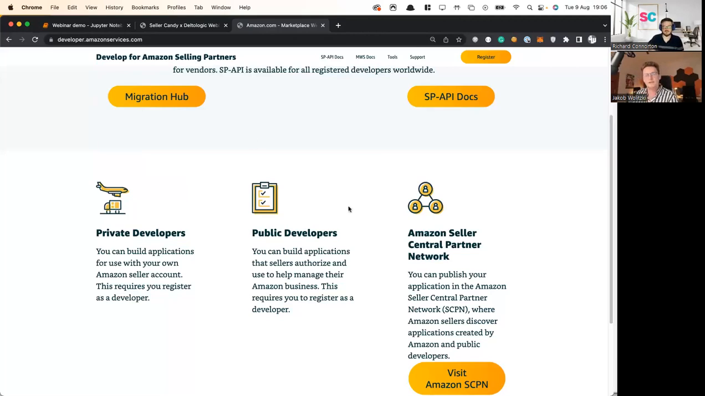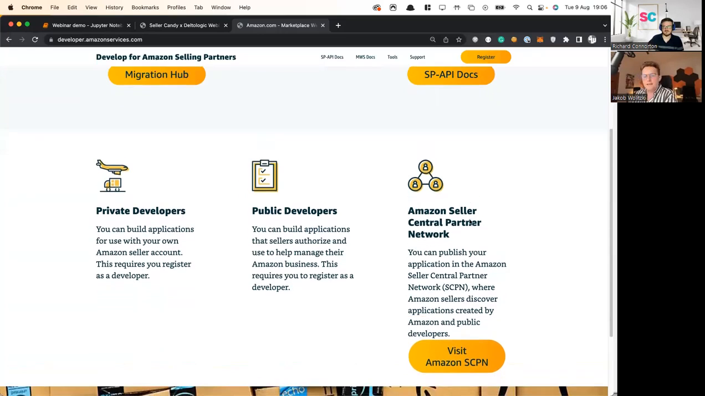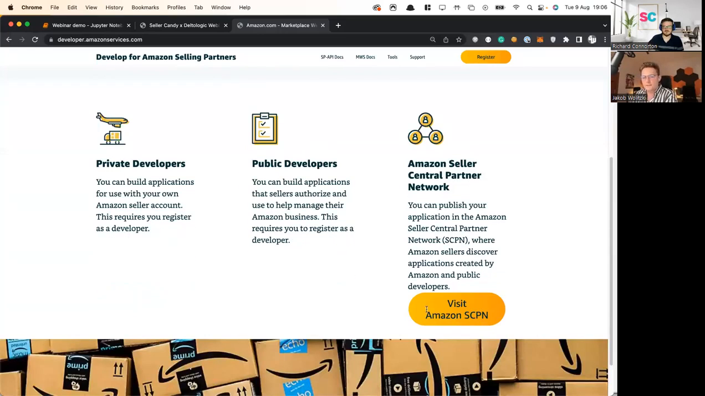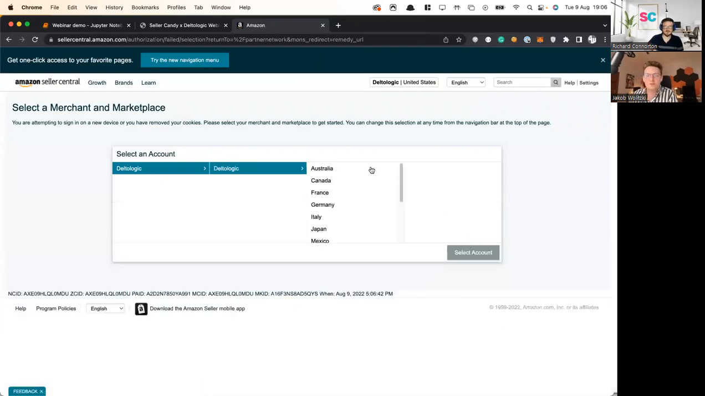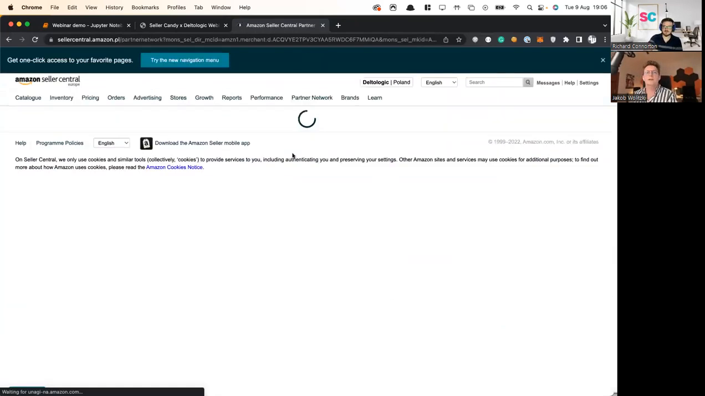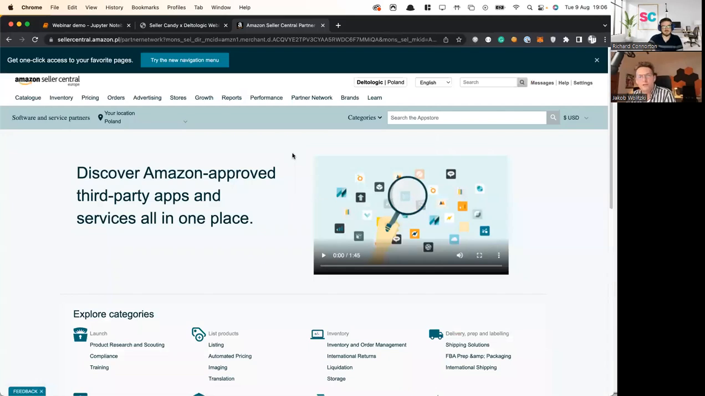But if you decide to build a product and publish it on a marketplace, then obviously it needs to go through the review of people from Amazon. And here, actually, you can visit the Amazon Seller Central Partner Network and see what's out there. Let me just click the account I have here. If you are interested in what applications are out there that you don't know, you can also search for